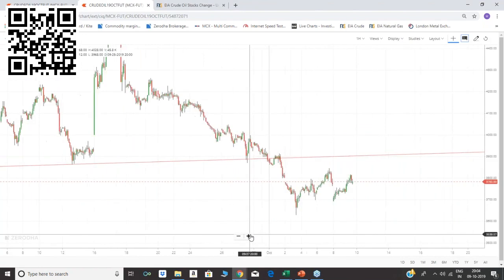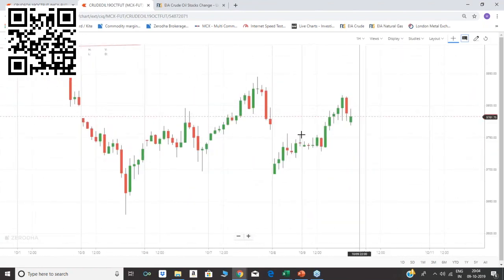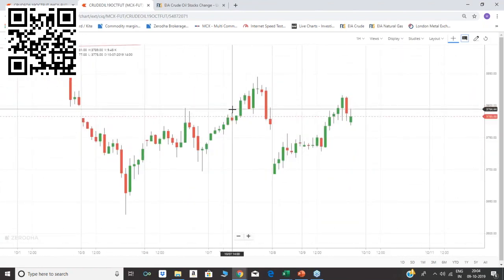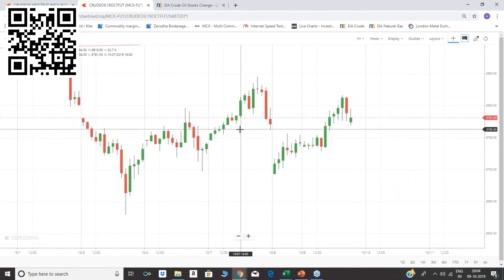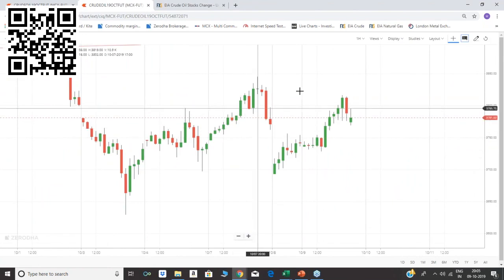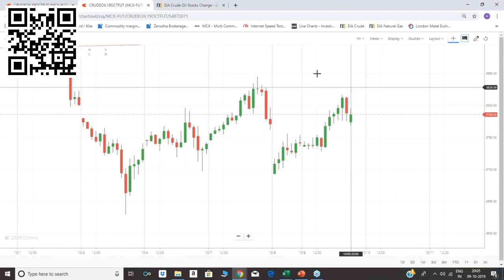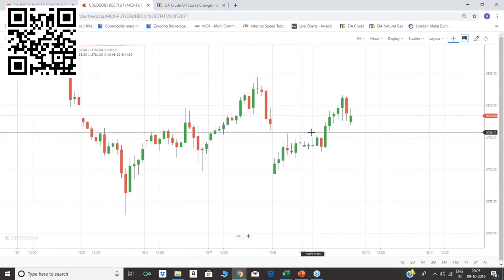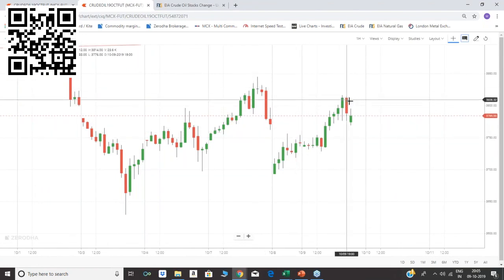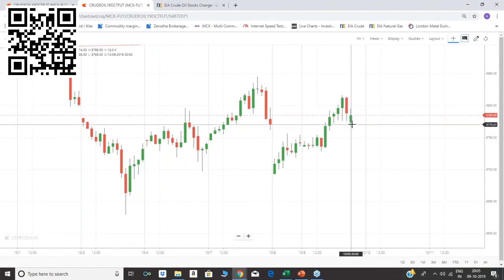Don't focus on that right now. Just look over here. It was the dynamic support zone in the hourly chart. From here, from morning itself, it was going upward. The trend is an uptrend, along with other indicators, we'll look into that. So after a little bit of retracement, we expect a further uptrend. Am I right? Is it clear to all?